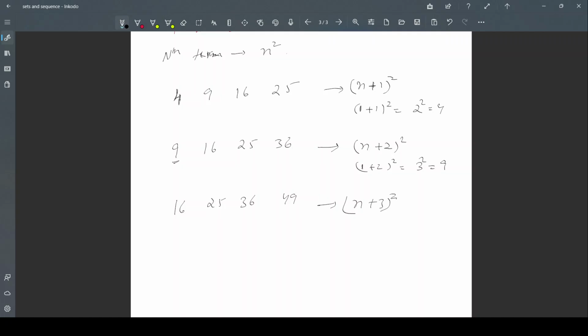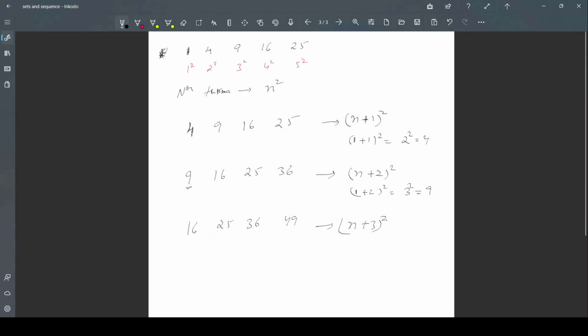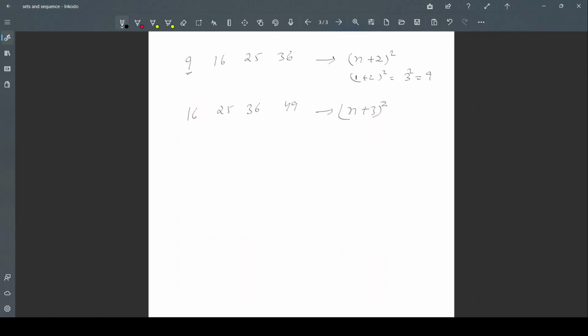Got it. So this is how it works. And the same pattern is also with the cubic number. So if we have numbers like 1, 8, 27,